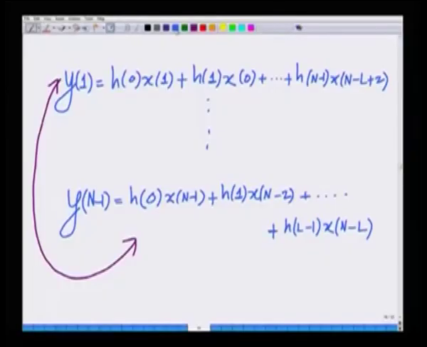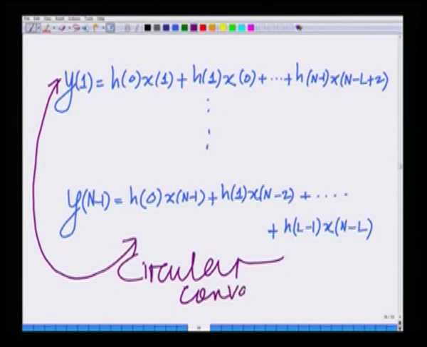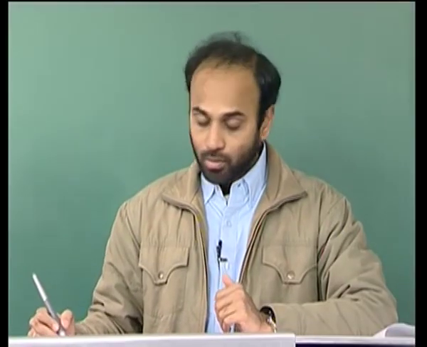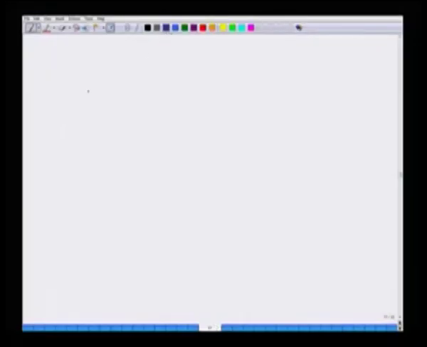Hence, this is nothing but a circular convolution. So, this has an interesting structure. This is a circular convolution, which means now my output samples, the received samples y0,